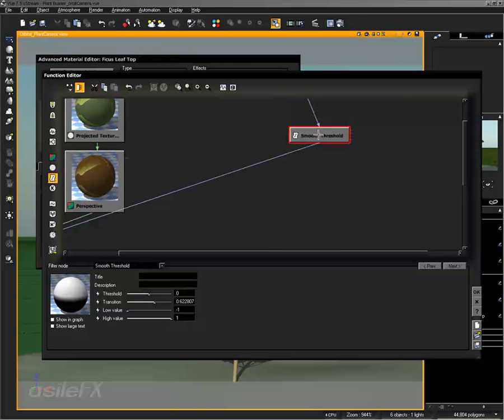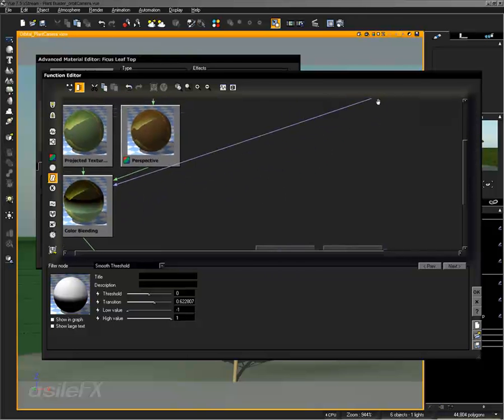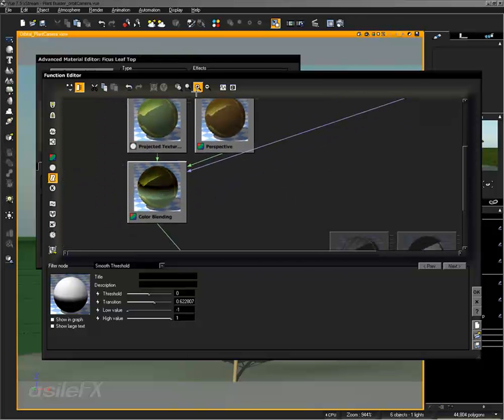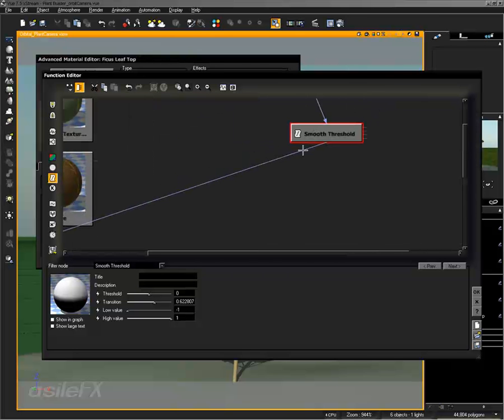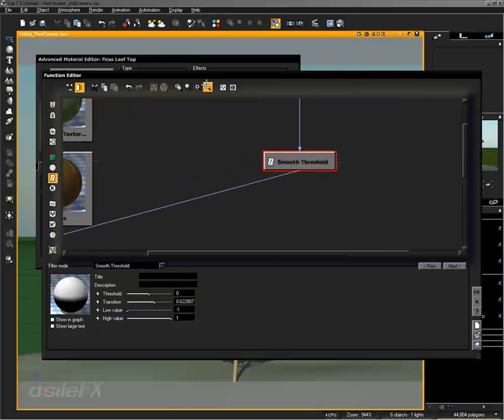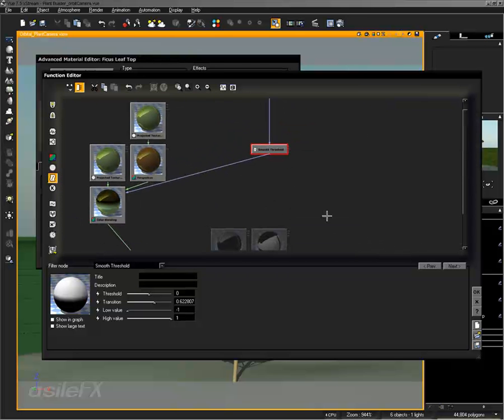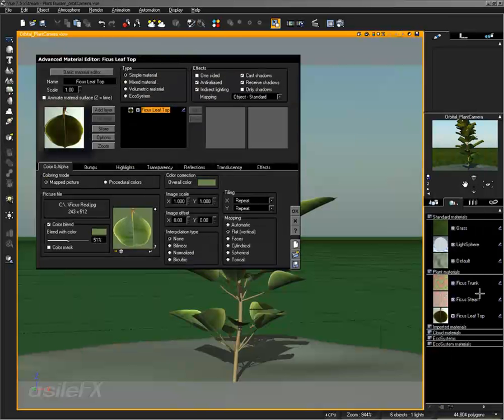the overall color. There are a couple other nodes we do need to add in because we do have a very harsh line showing up. Anyway, that can be pretty easily taken care of. First, let's just take a look at it as it is right now. Also keeping in mind that when I switched the mixed material and turned it into a simple, it did reset